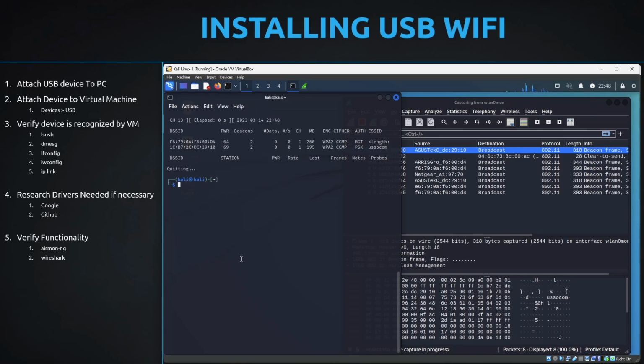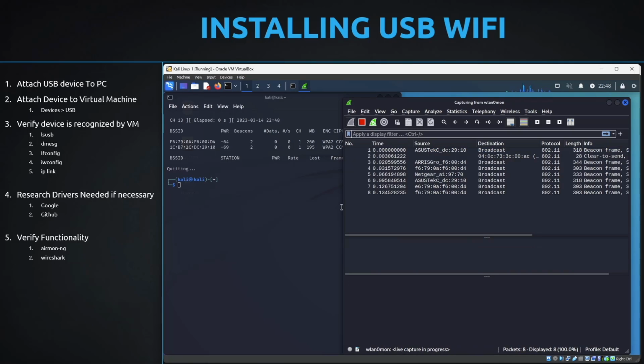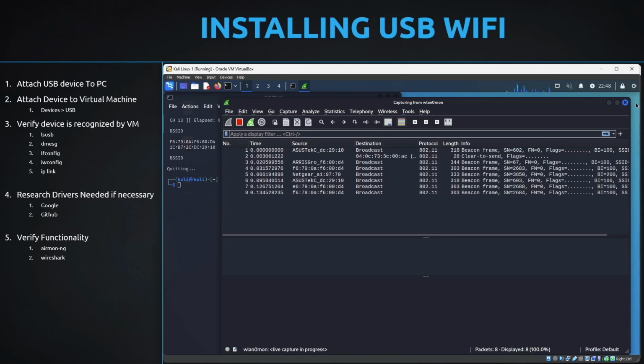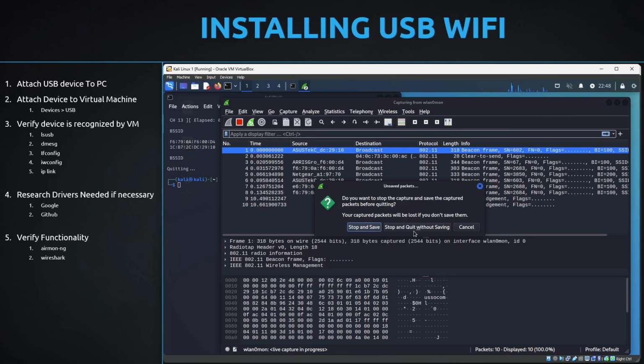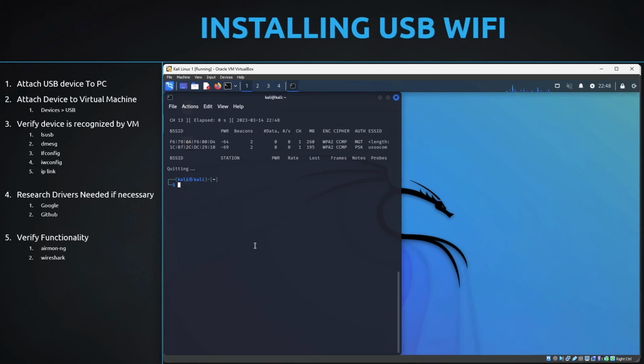Oh, there it is. Clear that out. And looks like we have ourselves some packets being detected by the device here. So as easy as that. This is the Panda Wireless USB adapter. Let's go ahead and keep on moving on with our other